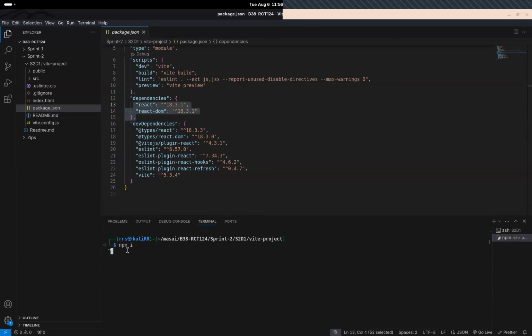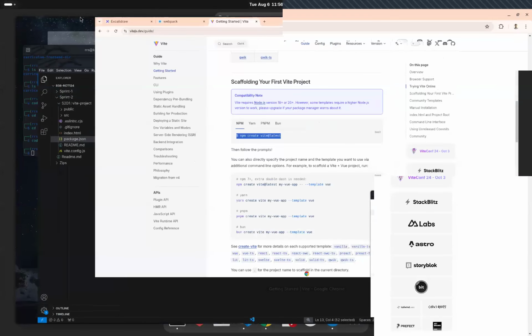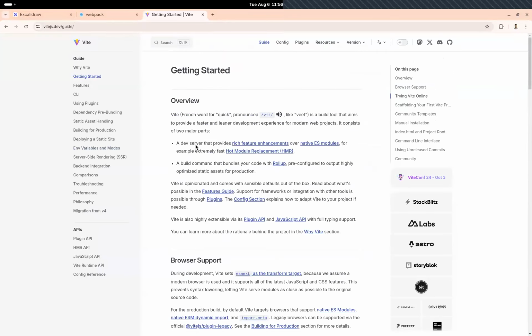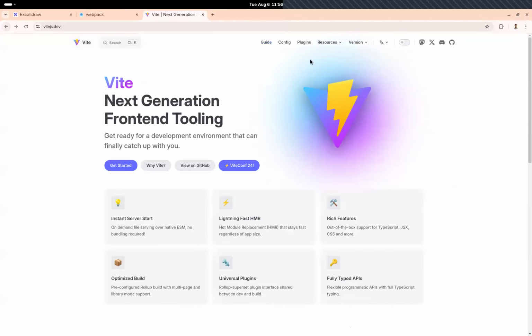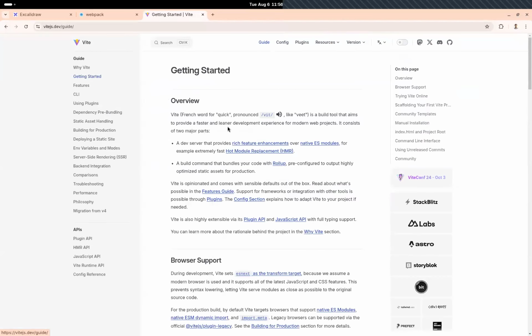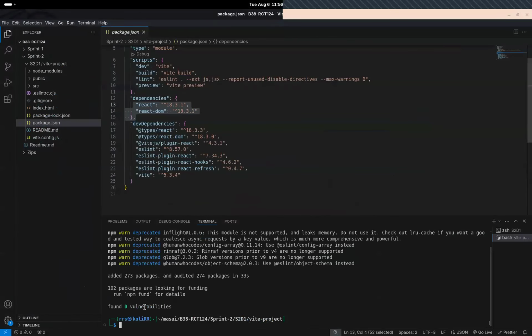I mean, yeah, you guys can do it together with me. So the only thing that we have done so far is we visited Vite, right? We visited the guide or getting started thing, right? Let me show you once again. We just clicked on guide and we just scrolled down and here we found the link. We just copied it and pasted it in our system. All right, so it's done, right?